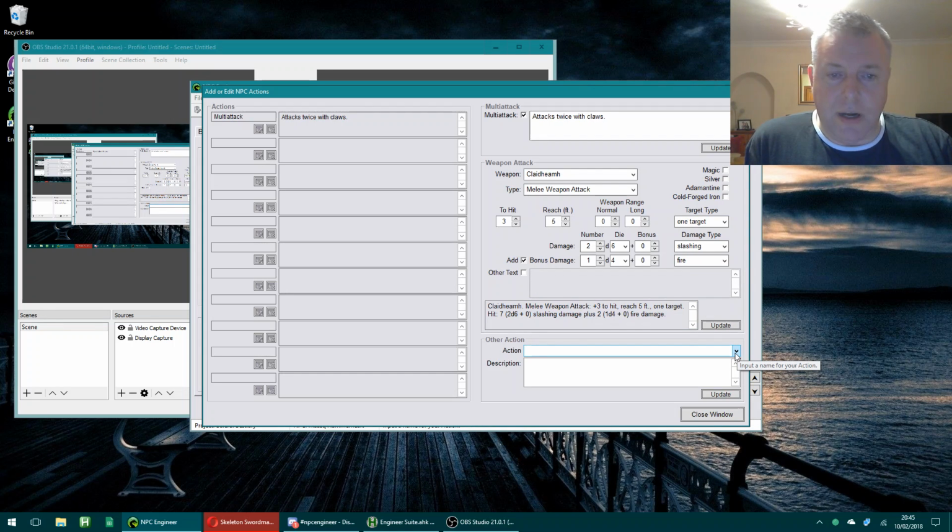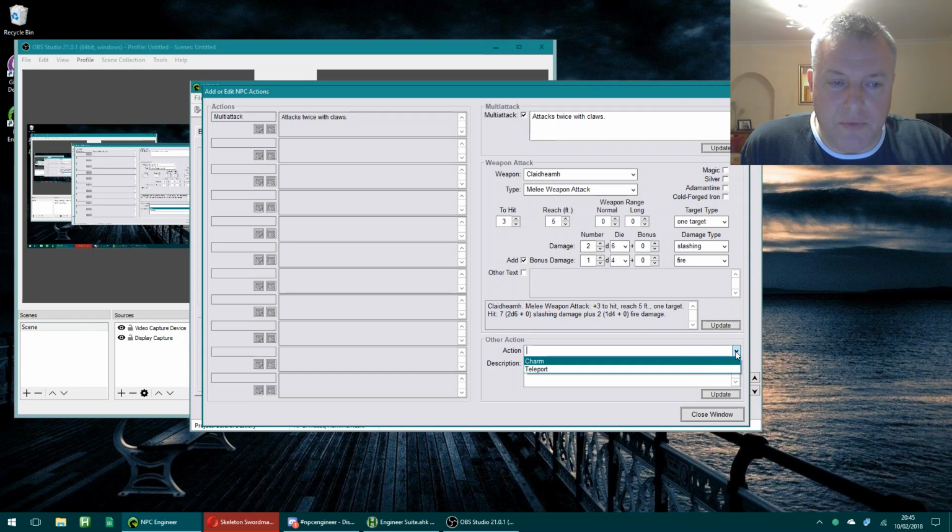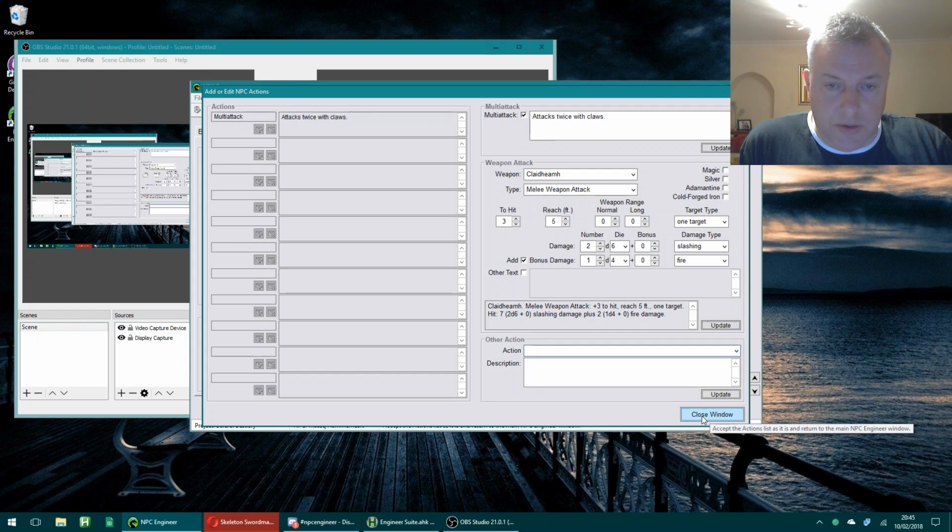And then there are other actions, and again, just a couple in there, charm and teleport. Again, there's a way to add further ones to that list, but I can't really add them for you because wizards would be all over me. So if I close that window,